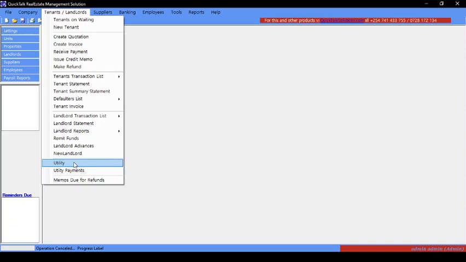Basically, utility is where you have the units or the property connected to something like DSTV, where they pay it separately from the rent. You have water being paid separately from the rent. You have Wi-Fi being paid separately from the rent. So you could track all that, because in most scenarios you find that the tenants don't get involved directly with